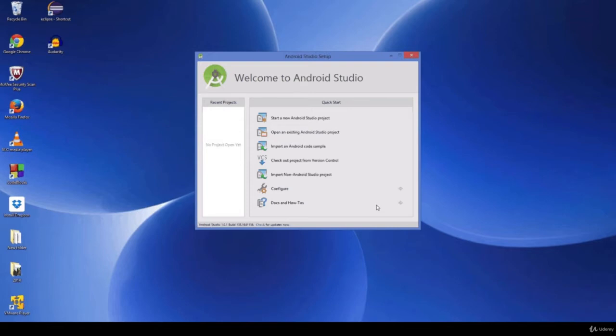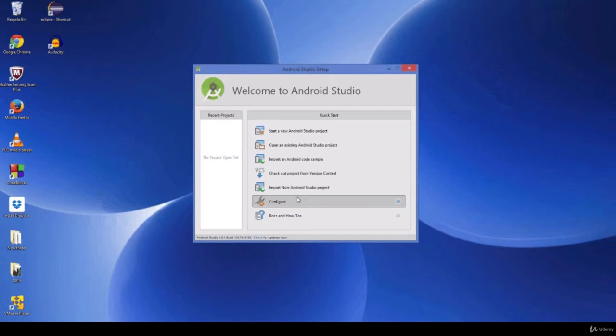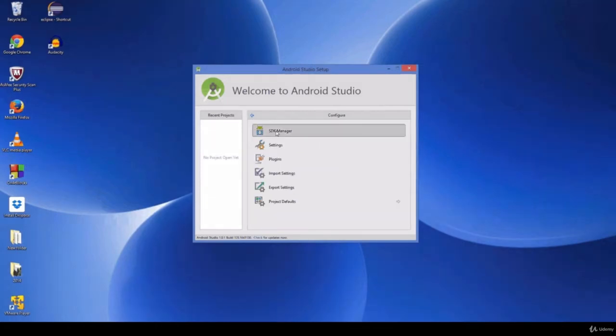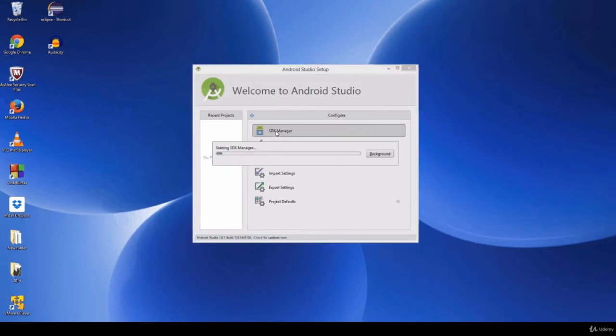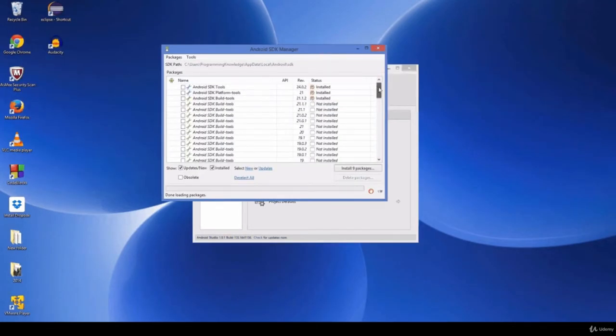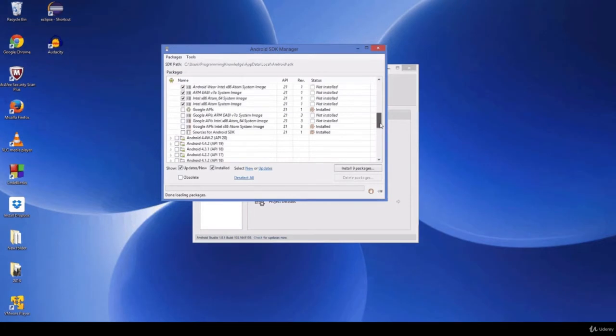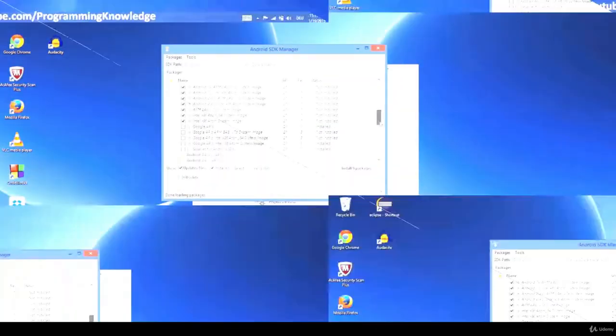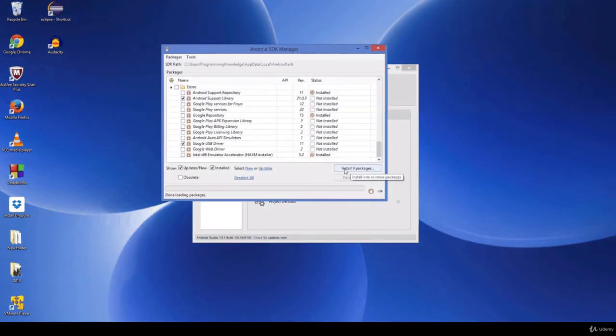Now before creating the first application, we need to configure the SDK and some packages. So you just need to go to this option called configure, and then click SDK Manager, and it will open the SDK Manager. And in here some of the packages you can install, and some of the packages are optional, so you don't need to install each and every package. You just need to install whatever packages you can see here. So right now install 9 packages. You just need to click this button,